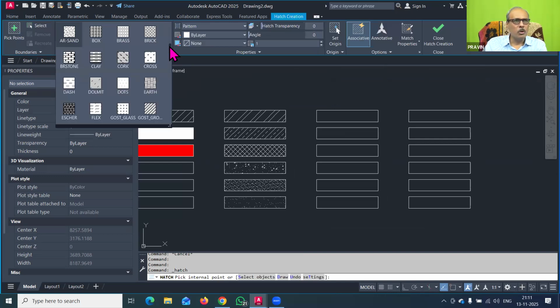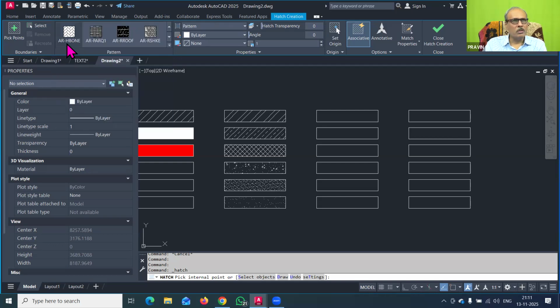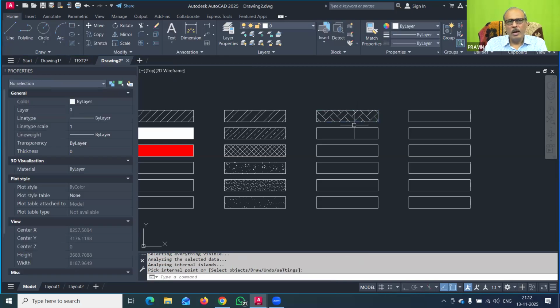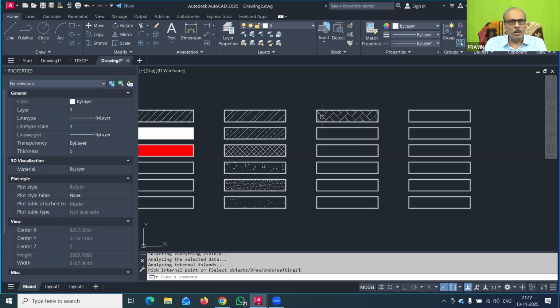Now sometimes we also require to show the tiles pattern. So there again you can go to ANSI 37, sorry, where was it just now. Yes. So this honeybone pattern, that type of tiles you can show on the curb, on the roadside, or in the landscape drawing, or on the outer side of your plot. So you can just check that out. No scaling is required here, and it is already a nice, adjusted one.